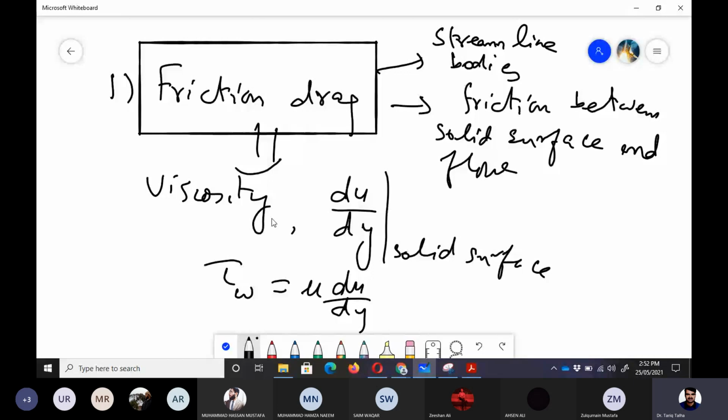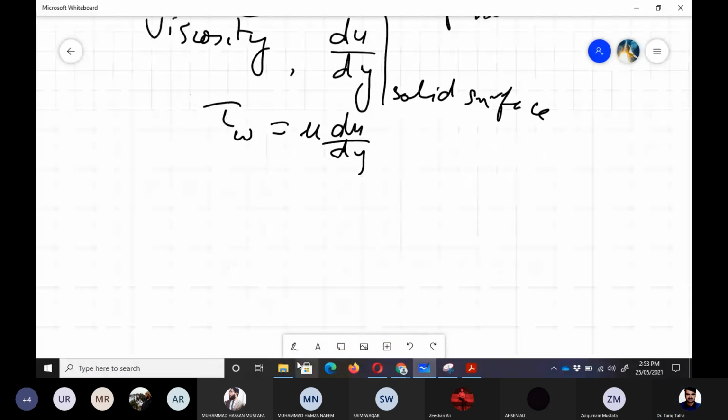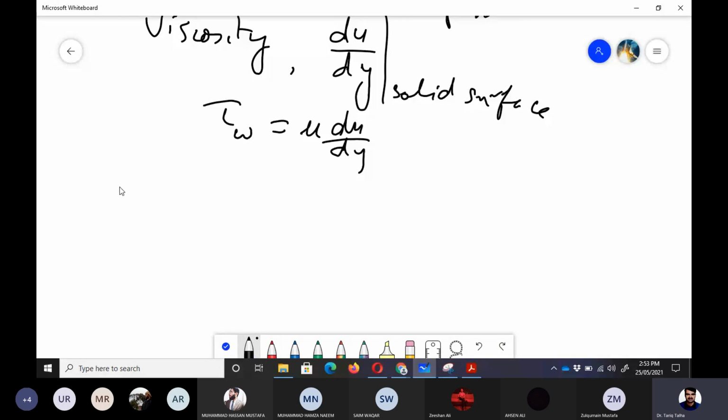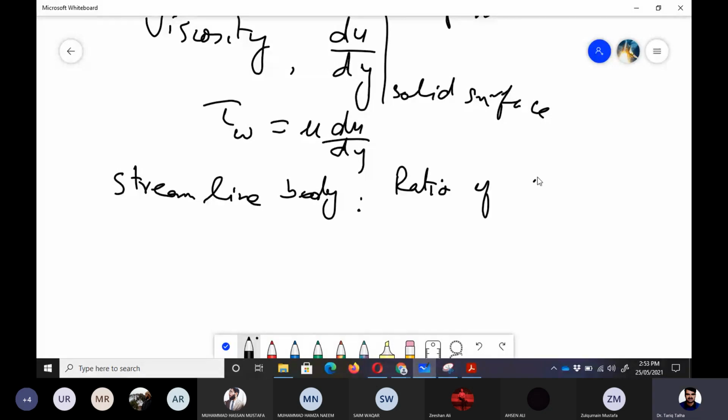So it means the surface area parallel to the flow is more, and the frontal area on which the flow is impacting, striking, is less. So that is a streamlined body. Let me write it here. A streamlined body is one where the ratio of frontal area to the surface area